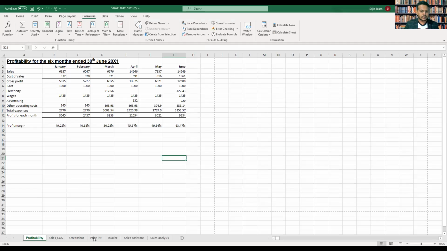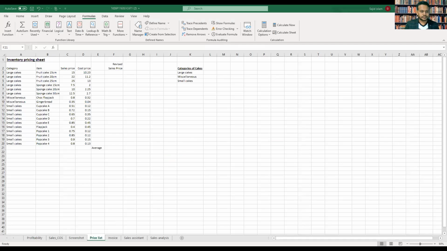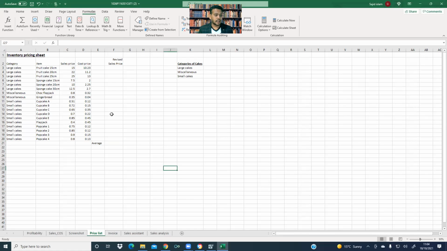So this time they said go to the price list. So we'll go to the price list. And in the price list section, we will see what we have here. The question gave us some information, and they said this will be increased by 8%. So the new sales price will be increased by 8%. So now let's try to increase it, and we'll type the equal sign. This is my old sales price, that is 15, and I'm going to increase it. So times 1.08. And that will be the new sales price,